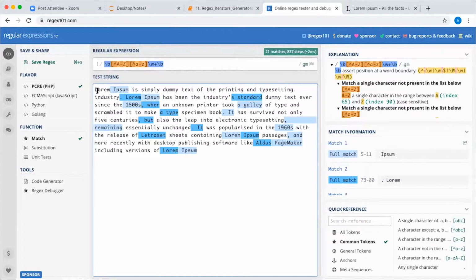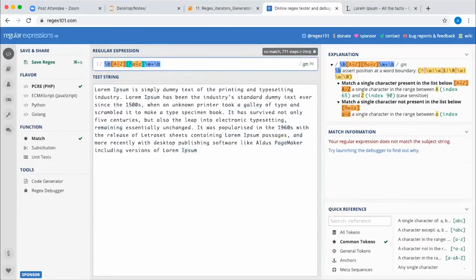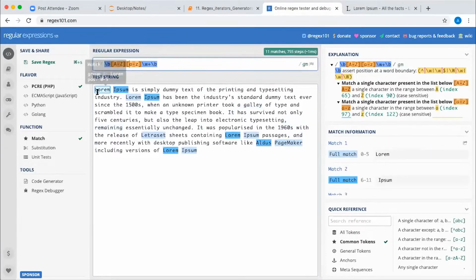Space may come because, see, let's say, forget about this one. If I'll be writing this and this, then it is matching lorem, but you don't have any space before this, right? Because your first word doesn't start with a space, but still it is considering it. Why? Because it is an individual word, and Python knows, or anyone knows, it is common sense that your first word always doesn't start with a space, right? Even your last word also, it is not mandatory that it will be ending with a space.